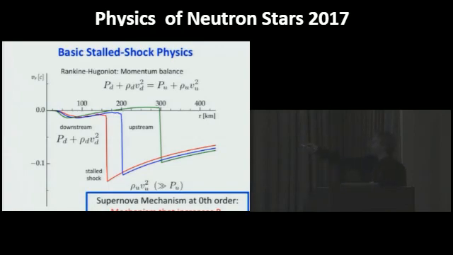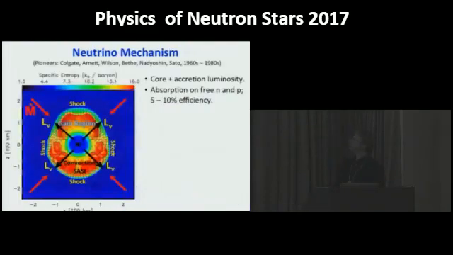It needs to increase this pressure on this side, the downstream pressure, to a sufficiently large value to lead to an explosion. So how can we do this? One way is the neutrino mechanism, pioneered already in the 1960s, also with important work here in Russia. Basically, you have a situation here where you have your stalled shock. You have this accretion rate of about a solar mass to a few solar masses per second raining down into the protoneutron star. You get a luminosity from the core down here, which is cooling, and from the accretion. You can absorb about 5 to 10% of these neutrinos in the so-called gain region, where we have net neutrino heating. And this